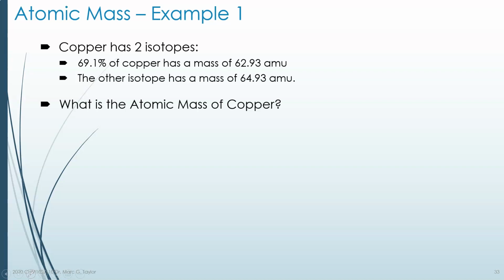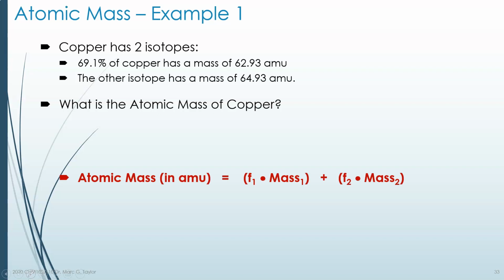So remember our formula. If we want to solve for the atomic mass of copper, we have to look at our formula. The atomic mass is equal to these two pieces: the fractional abundance of the first one times its mass, plus the fractional abundance of the second one times its mass, and then we add them up. Well, if you look at the problem, we have information to get 3 of those numbers. We have the two masses,